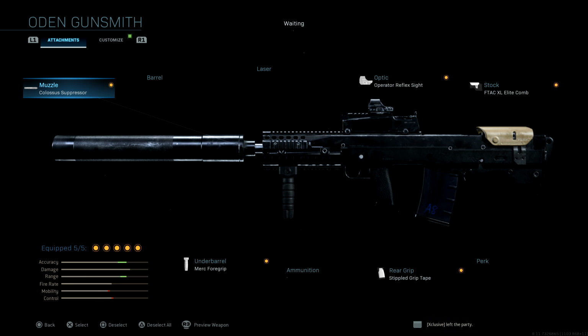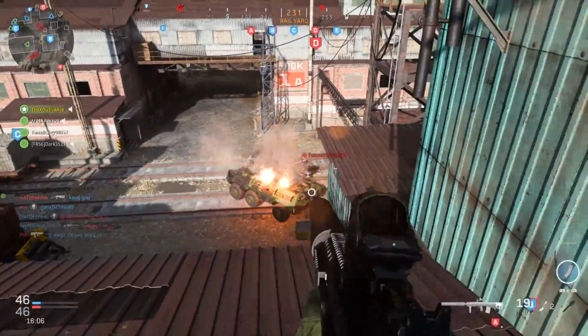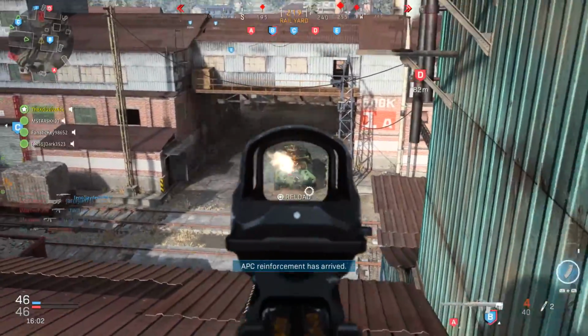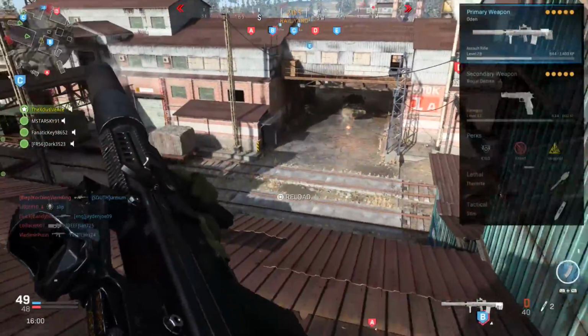And that just leaves us with our underbarrel attachment, which is the Merc foregrip, which is going to help us a little bit more with that recoil on top of the Colossus suppressor, so we can be a lot more precise at longer ranges. Taking that one into an example class setup, this one's designed for Ground War game modes,